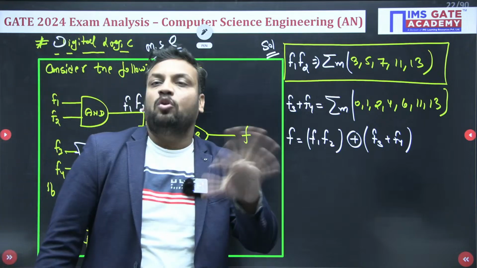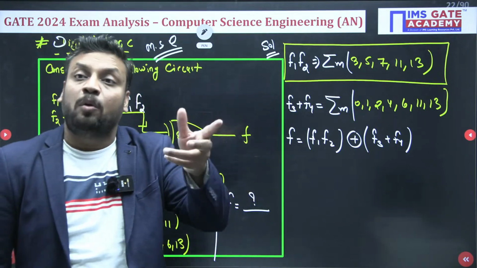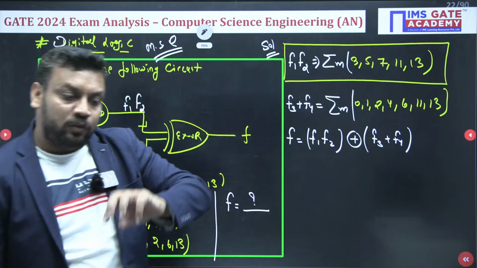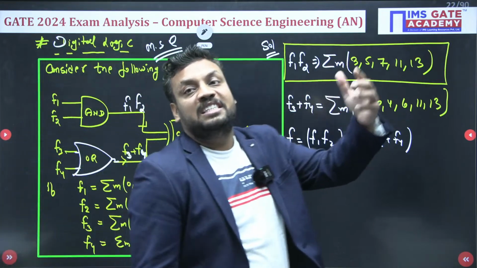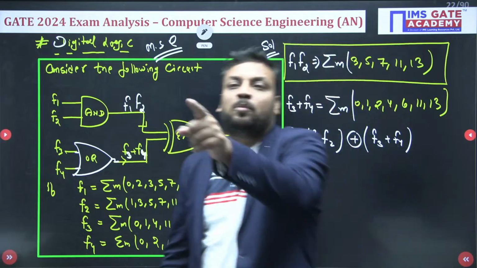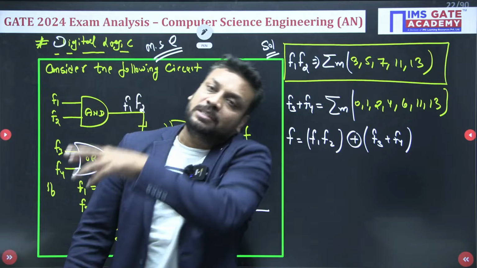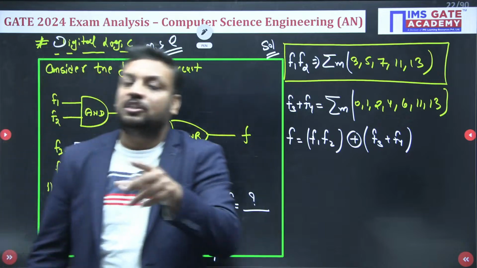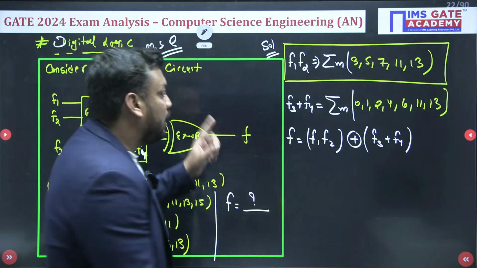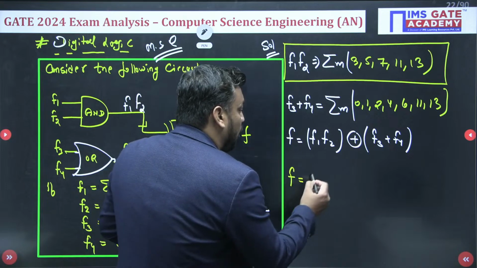Whatever is not common, that will come. Because for the same input, the output is 0, and for different inputs, the output is 1 in the XOR gate. The beauty of the XOR gate: 0,0 gives 0; 1,0 gives 1; 0,1 gives 1; 1,1 gives 0. It means you have to collect those which are not common,